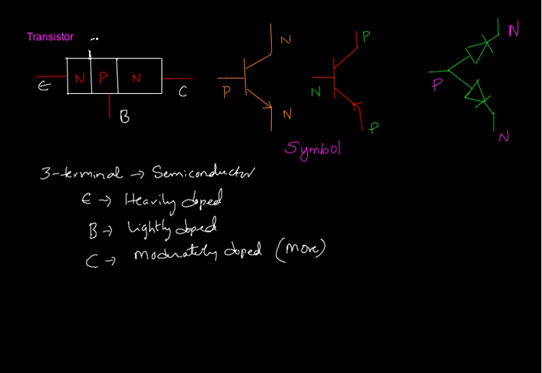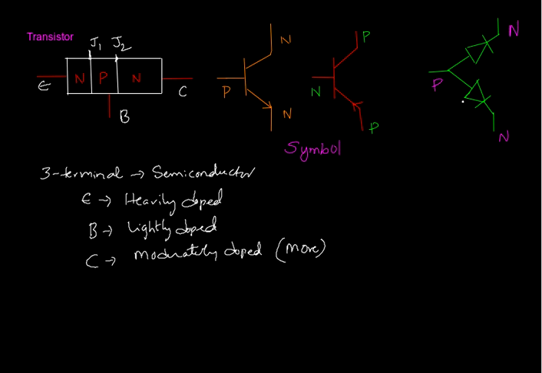So here we can see two junctions for the transistor, J1 and J2: the junction between N and P and the junction between P and N. If in an examination they ask how many junctions a transistor has, there will be two junctions, J1 and J2. There are two different types of transistors: NPN transistor and PNP transistor.